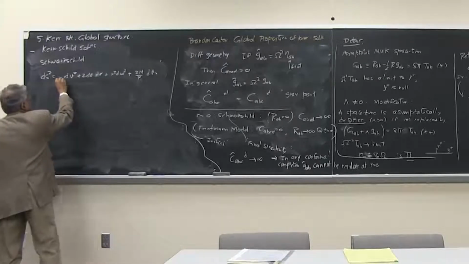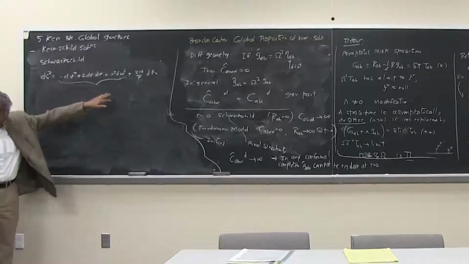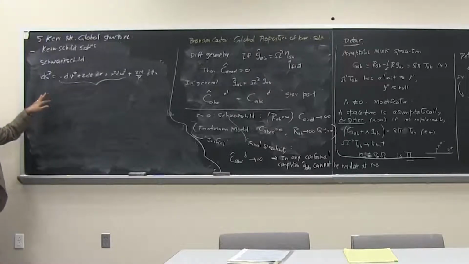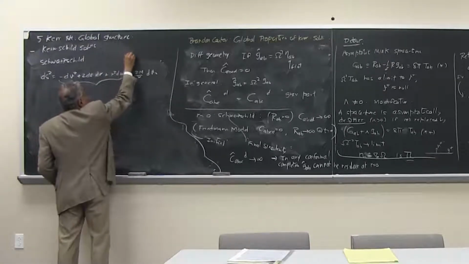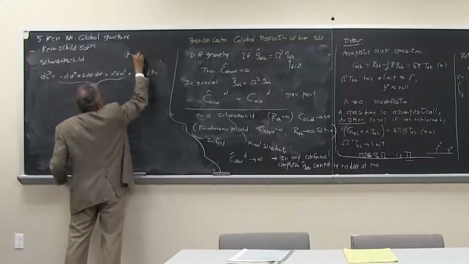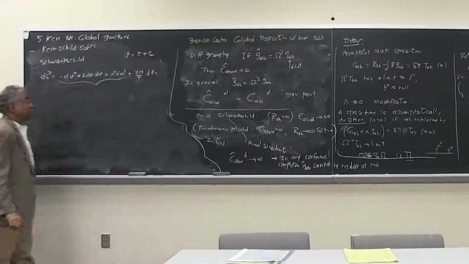Now this is just a flat metric. In fact, when we did the Minkowski completion to include the exterior, we got exactly this metric up here. This is just a flat metric. So remember that v was defined, I just want to write it once again, to be equal to t plus r star. These are Schwarzschild coordinates.